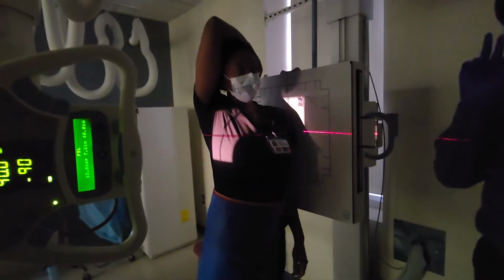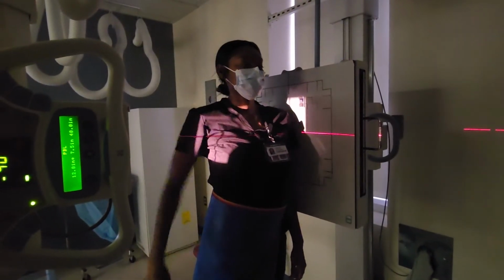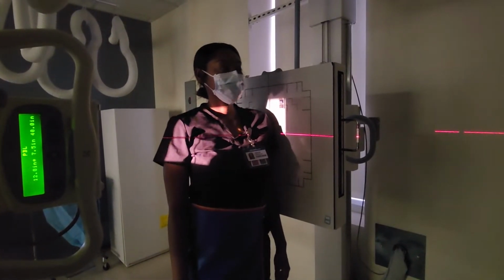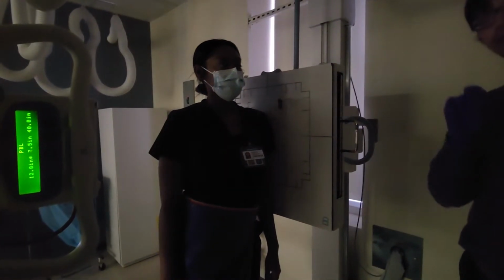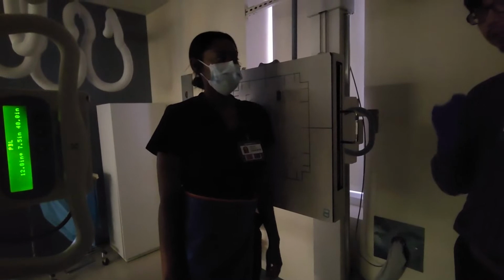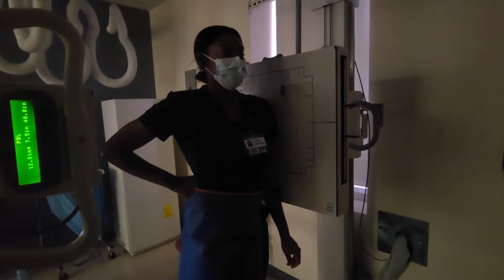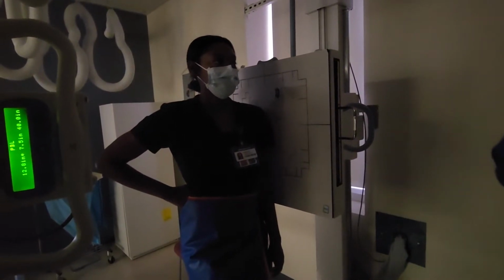There are two ways we can do our breathing instructions. The first way is just take a deep breath in and hold it, right? Suspend on inspiration. However, if you want the best possible picture, we have something called orthostatic breathing. Okay, orthostatic breathing. What this means is that we are going to do an exposure that lasts 3 to 5